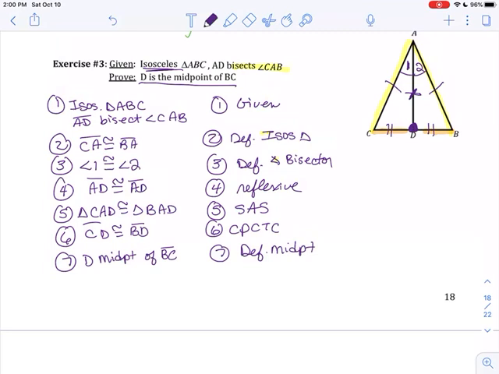So I first prove the triangles are congruent, then I can prove the corresponding sides are congruent, and if those sides are congruent, then that makes D a midpoint. All right, I'm done with the proof when I prove what they asked me to prove. So we'll practice a little bit this tomorrow, but not necessarily with the proofs, just with the isosceles triangle and setting those